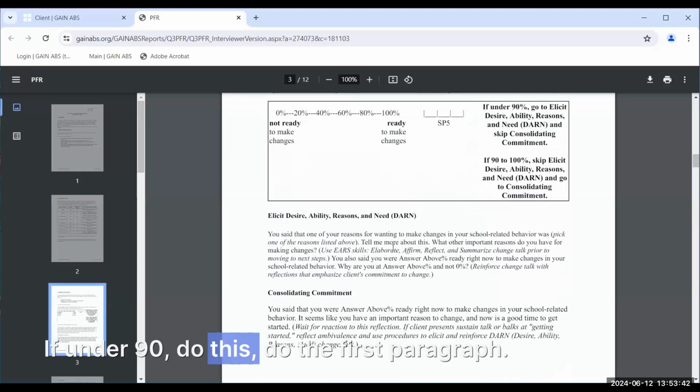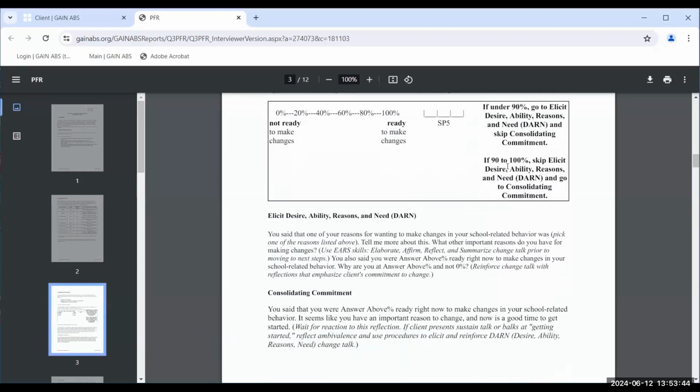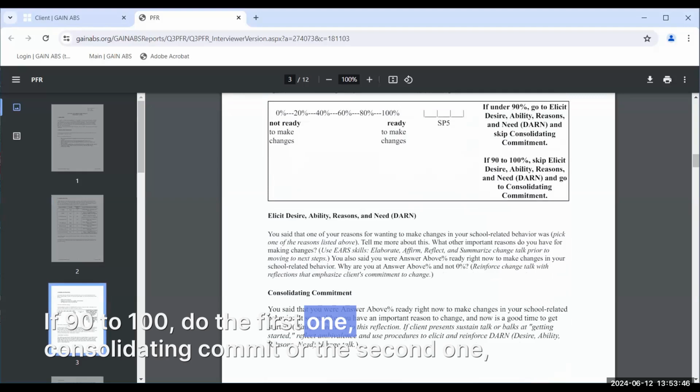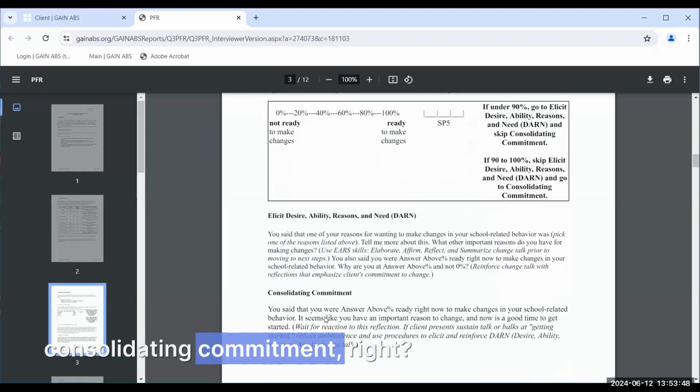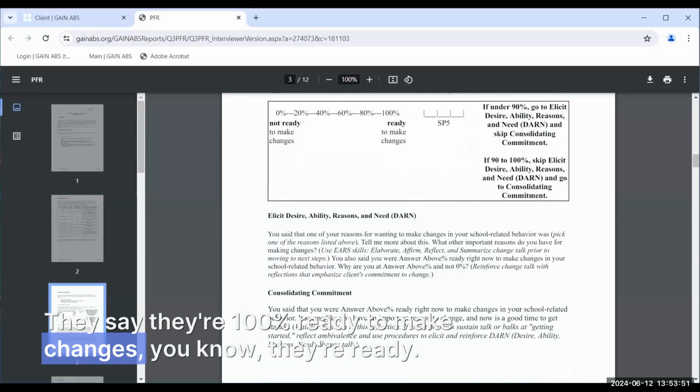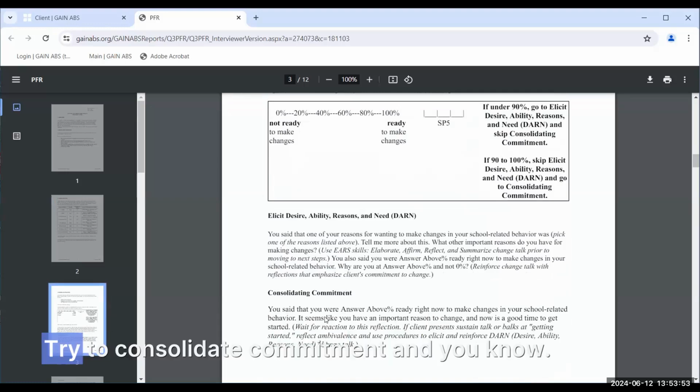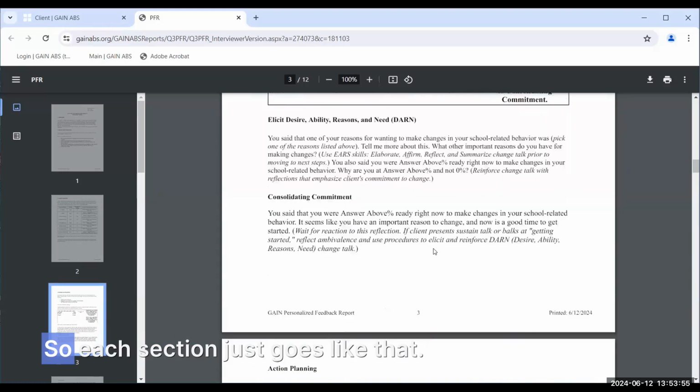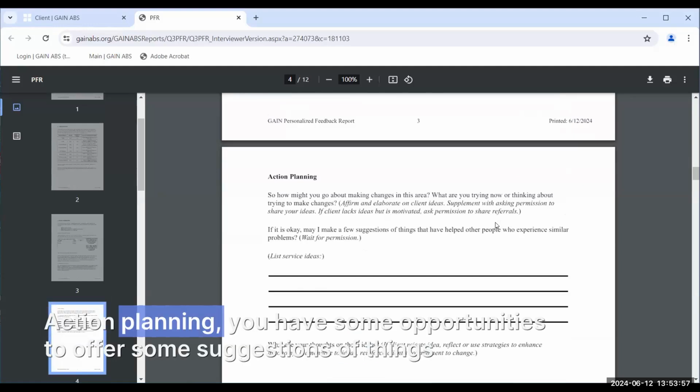And so once you get that, there's an option on the right. If under 90, do the first paragraph. If 90 to 100, do the second one, consolidating commitment, right? They say they're 100% ready to make changes, they're ready. Try to consolidate commitment, and so each section just goes like that. Action planning, you have some